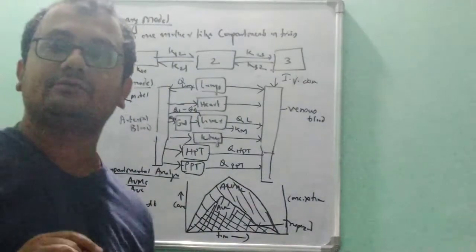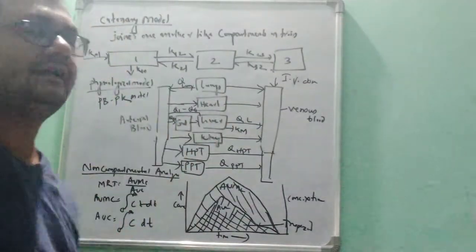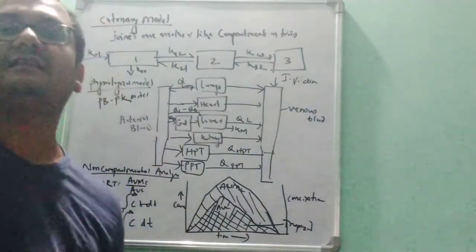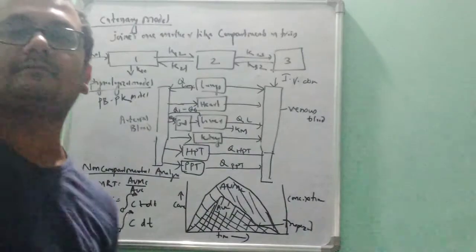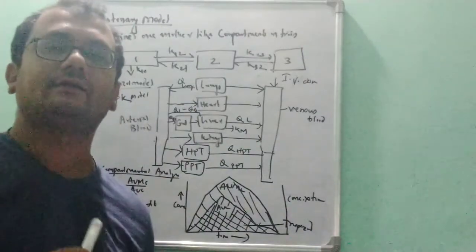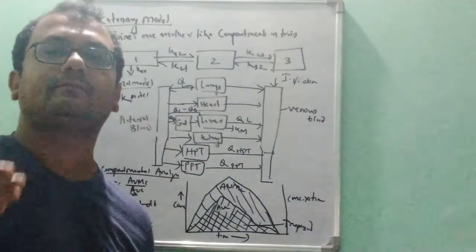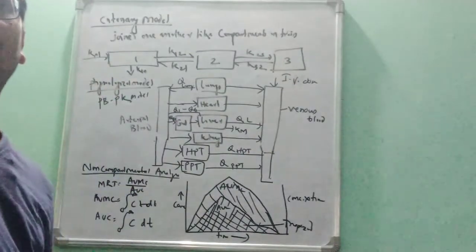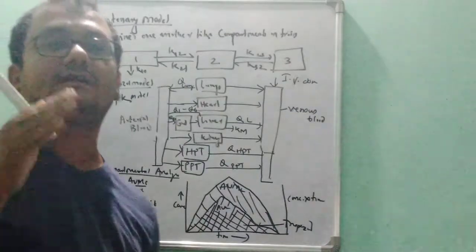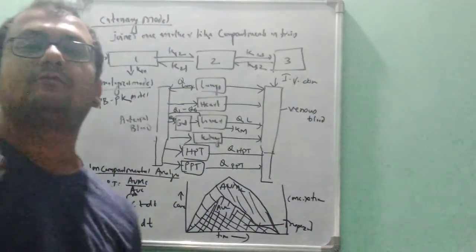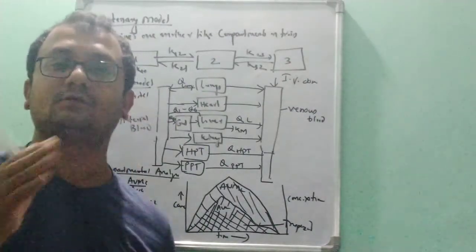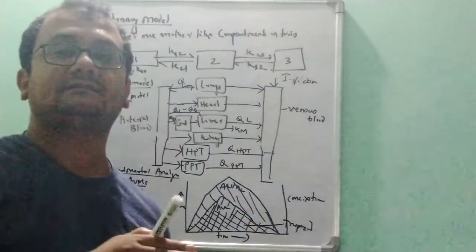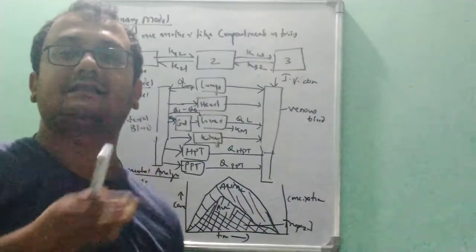So this is all about your compartment modeling, and with this in the next class we will go for the real compartment modeling and derivation of all the models one by one, like your one compartment open model. So before that you all have to go through what is a one compartment model, what is a two compartment model, what is a one compartment open model, what is a one compartment closed model. So all the details you have to go through, before we start the mathematical models.